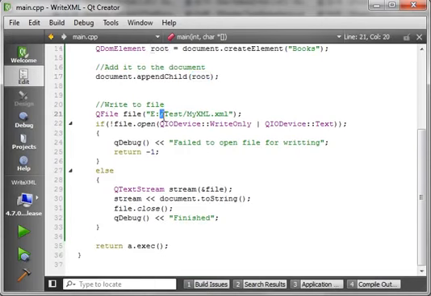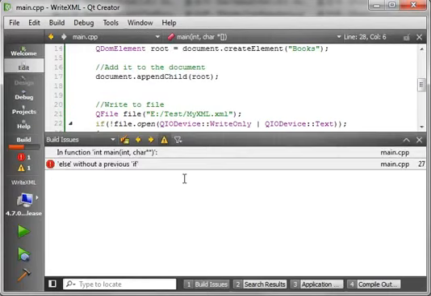Now notice these forward slashes, that is the cross-platform way of doing it, because if you use backslashes, that's an escape character and that's a no-no. So let's save and run, and